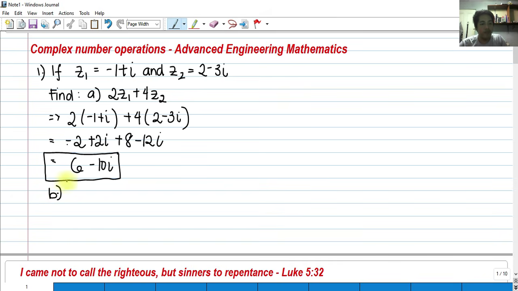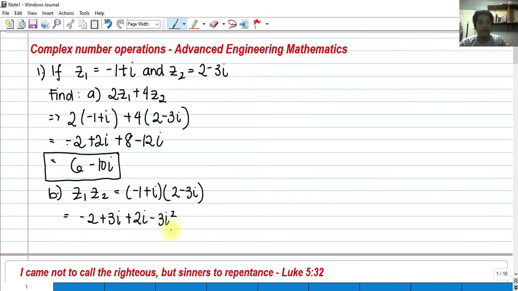So for letter B, we shall be finding z sub 1 multiplied by z sub 2. Of course, z sub 1 is -1 plus I, multiplied by z sub 2, which is 2 minus 3I. So we will apply FOIL here. First, -1 times 2, that's -2. Outer, we have -1 times -3I, that's plus 3I. In the inner, we have plus 2I. And the last, positive I multiplied by -3I, that's